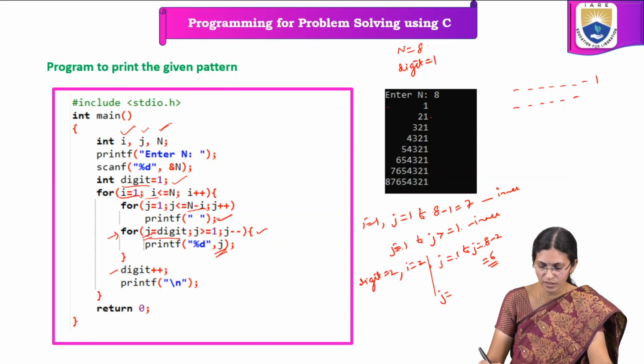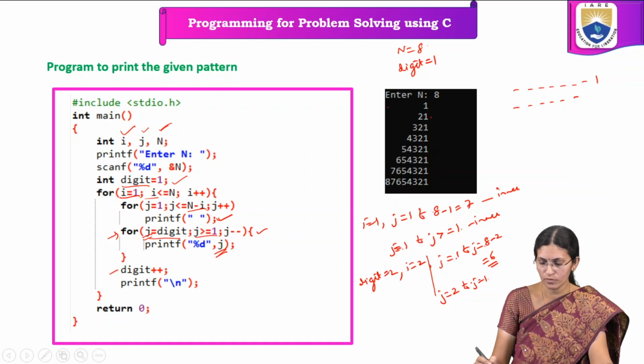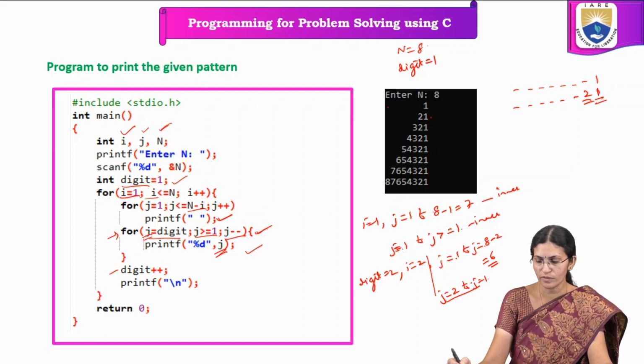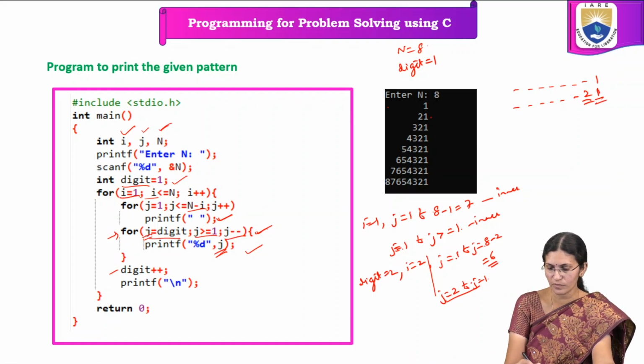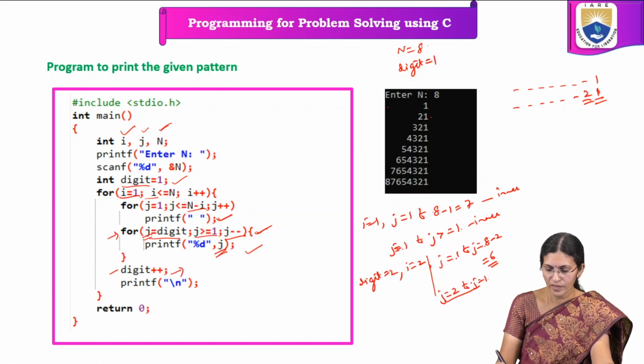vary from digit. Digit is 2, so j will take the value from 2 to 1. This inner for loop will execute 2 times and the j value is printed. The first value of j is 2. Then in the next iteration, the j value is decremented by 1, so j value is equal to 1. After that, the condition becomes false. Control is transferred here. So in the next iteration, digit is equal to 3 now and i is equal to